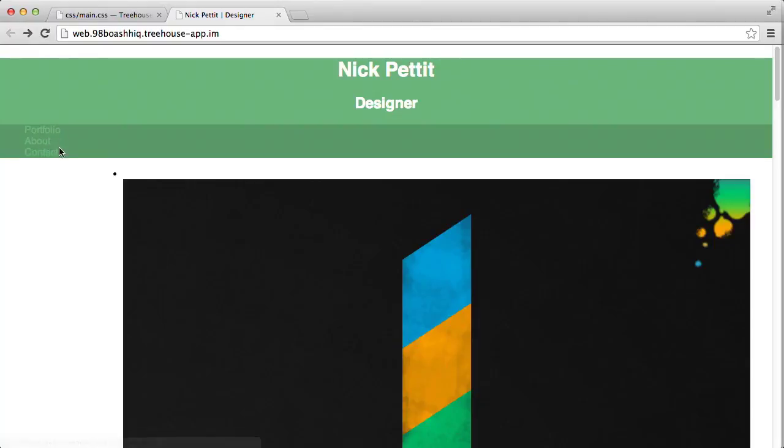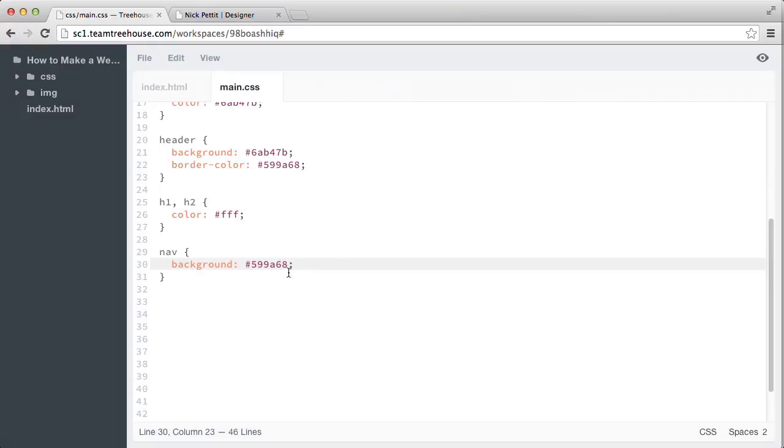There's not very much contrast there. So we want to change those to white as well so that they're extra visible. So in order to do that, let's go ahead and create another selector here that will select the anchor elements inside of our nav. And we're going to set the color, once again, to white, just like that. So far, so good. However, we want these colors to stay white no matter what, even if the site visitor has already visited them. To do that, we're going to create another selector in this same rule using a comma,